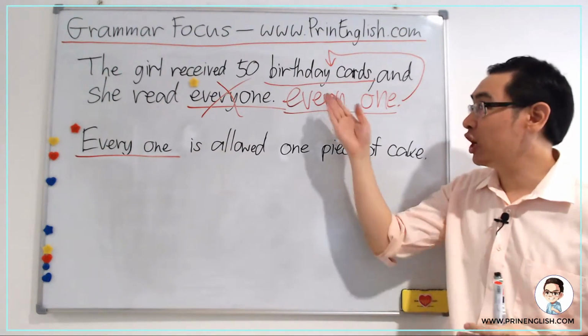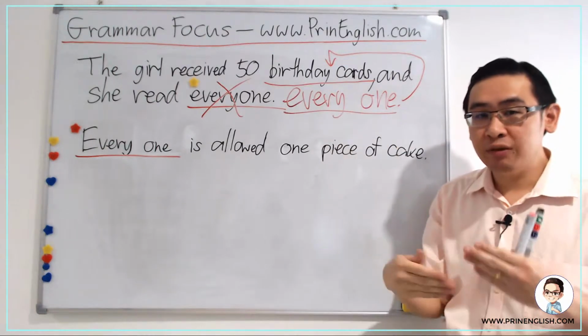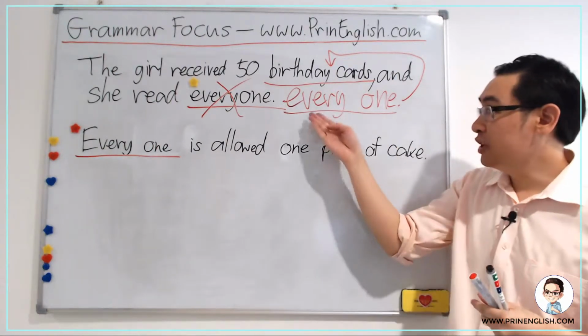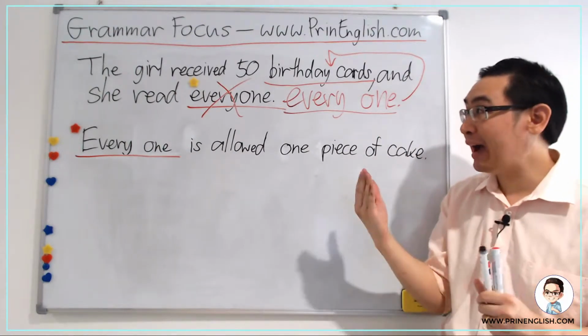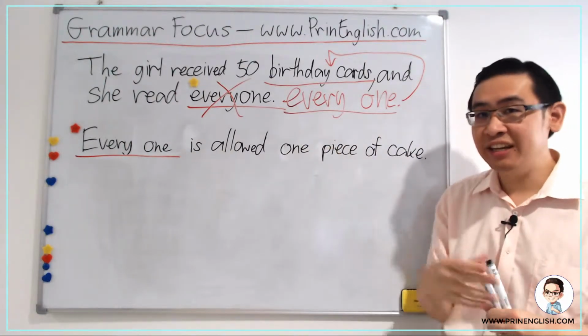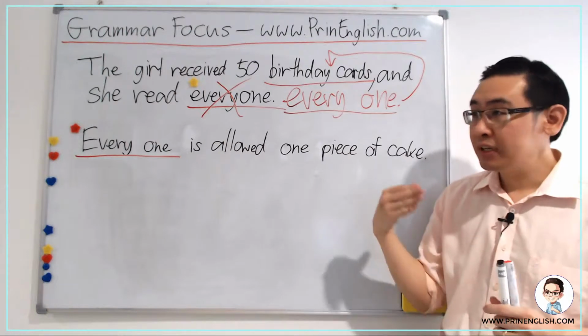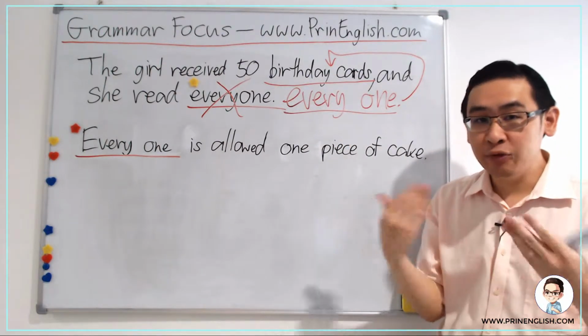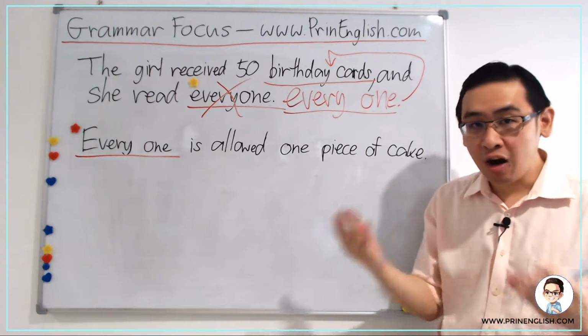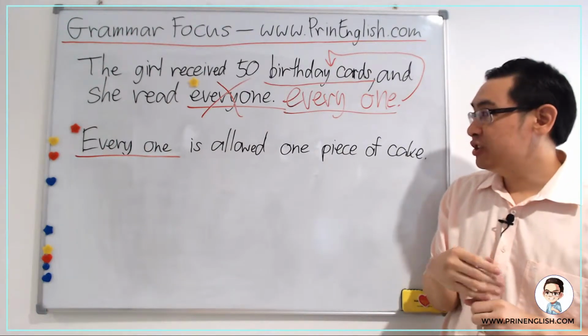Okay, since we're talking about something which was mentioned previously, we use "every one" with a space to refer back. So when you read or hear this sentence, it means that she has received 50 cards, and then she opened and read each and every card. Okay, so we don't use "everyone" like this because